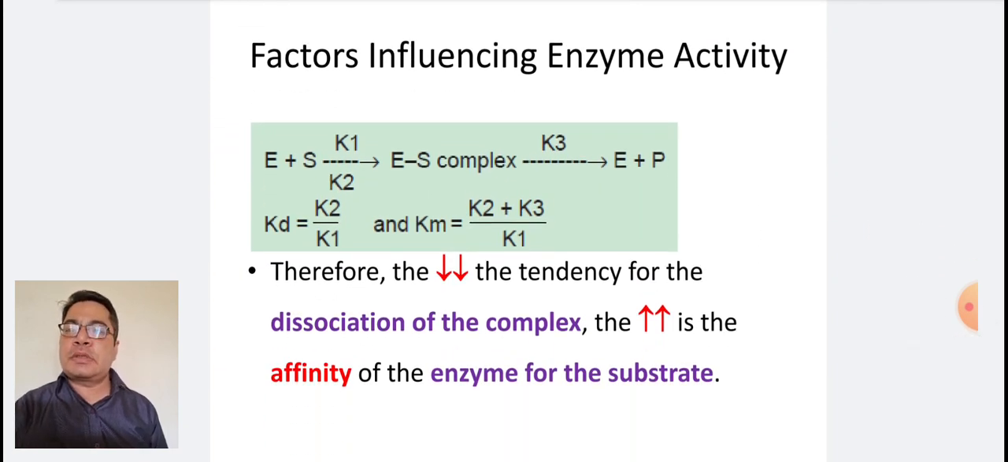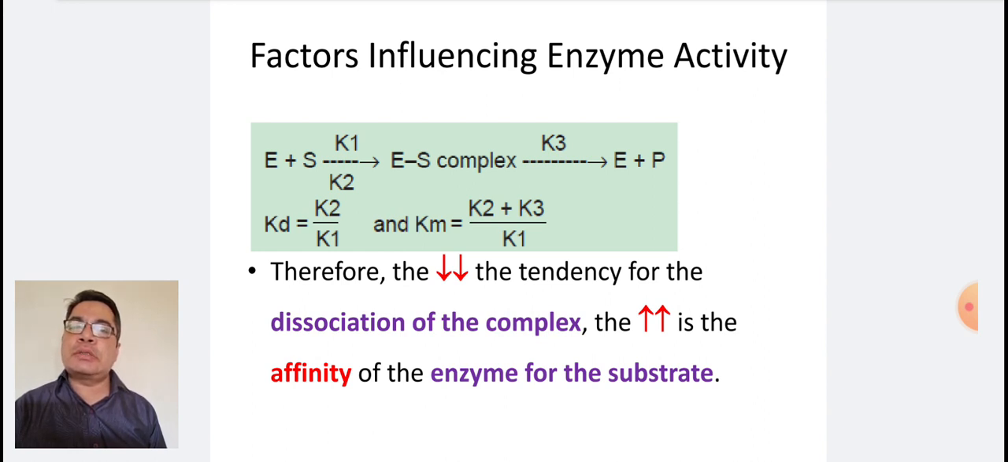E plus S bidirectionally gives ES complex, where K1 is for the forward reaction and K2 is for the backward reaction. Then the ES complex, with the constant K3, forms enzyme plus product. Here, Kd is equal to K2 upon K1 and Km is equal to K2 plus K3 upon K1. Therefore, the decrease